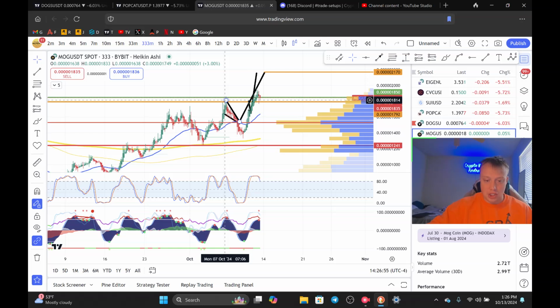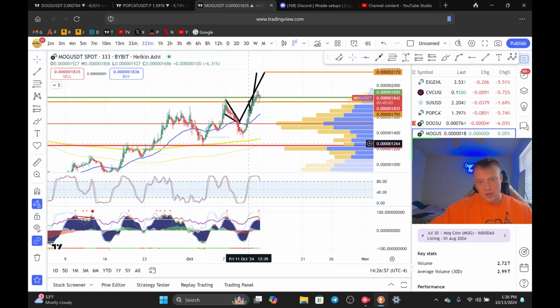I got in this trade right here initially on the 7th of October. It went all the way down to 13.2. My stop was 12. Now my stop is 13, so right below that last local low, and it's at this 200 smooth moving average, which is this thicker yellow line on the 5.5 hour time frame, which is the 333-minute time frame.